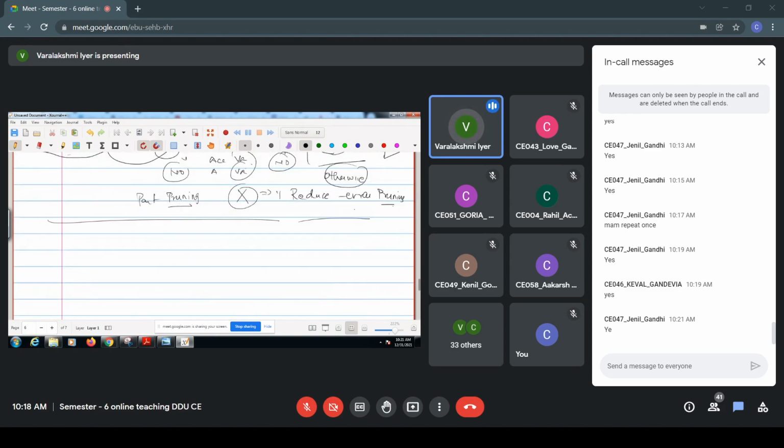Now let us see one more case. Another one we have is rule post pruning. I suppose everyone is clear with the first one. This is the last one that we'll be discussing, and then overfitting in the case of decision trees we will further discuss after the mid semester maybe. But up to reduced error pruning, it will be there in your mid semester, in your sessional exam. Up to this it will be there, so we may not consider this one. Everyone is clear up to this, right?